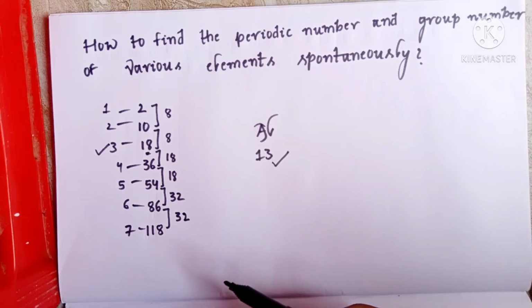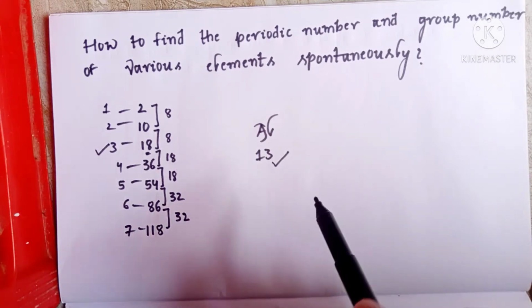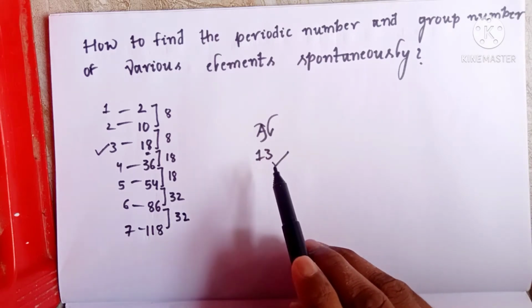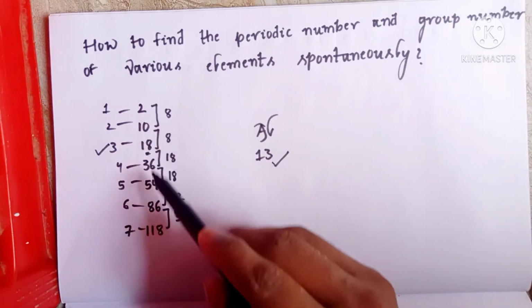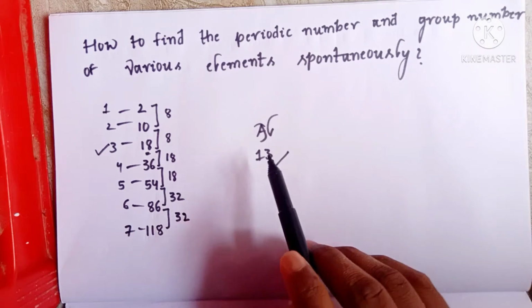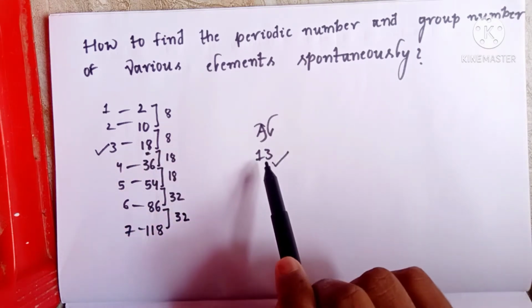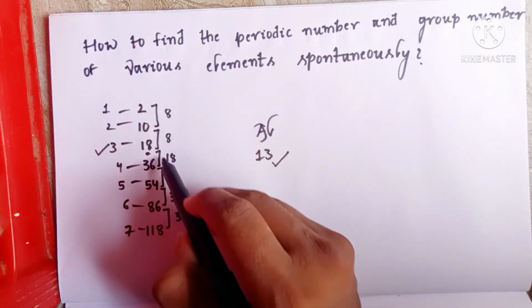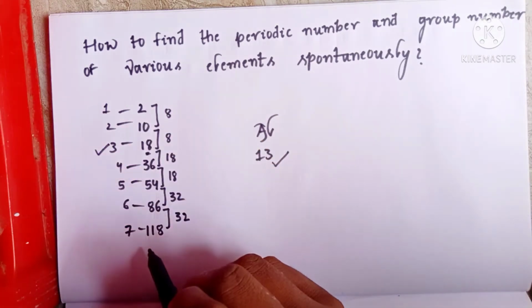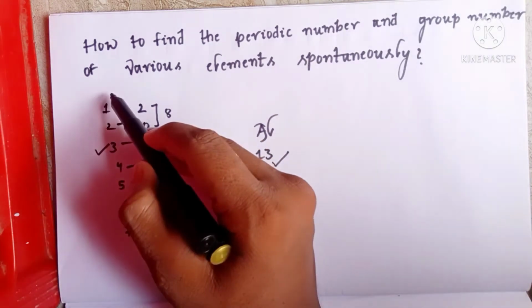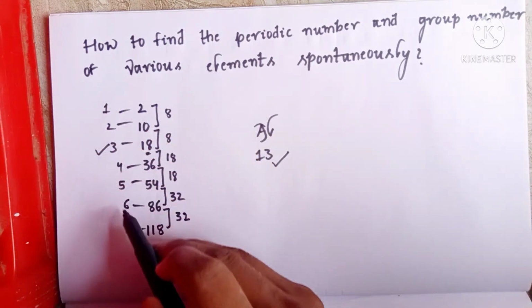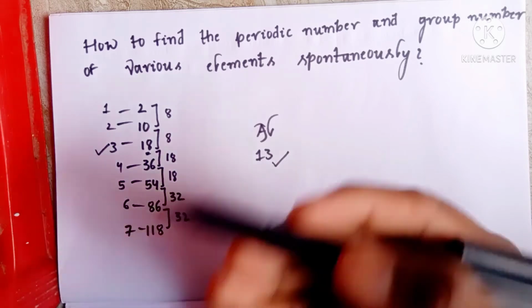So as well, if the atomic number is less than some other number here, which is nearer to the atomic number given to us, we will choose that number in this order, and we will write the number which is preceding it, I mean 1 or 2 or 3, 4, 5, 6, 7, as its period number.